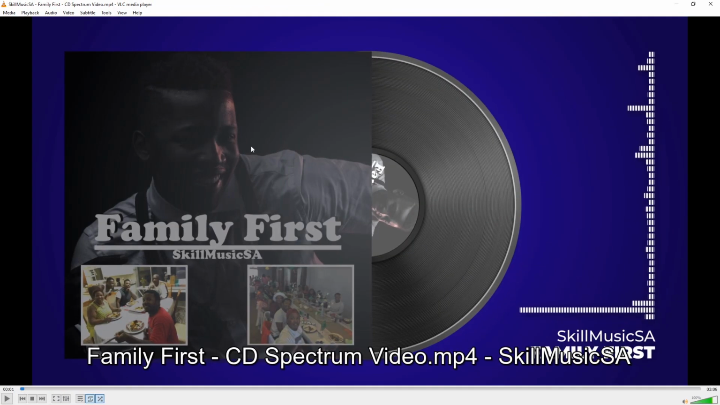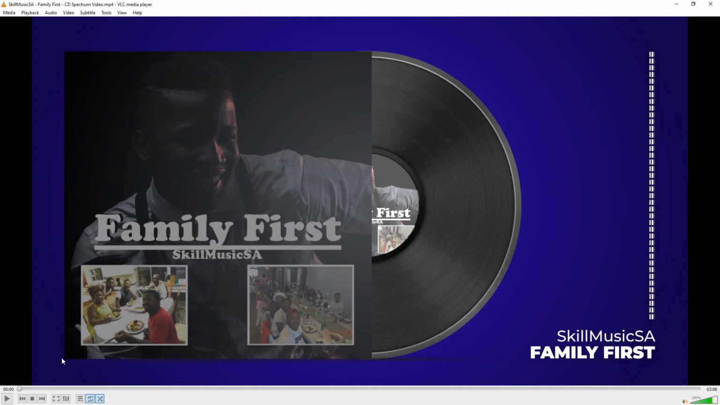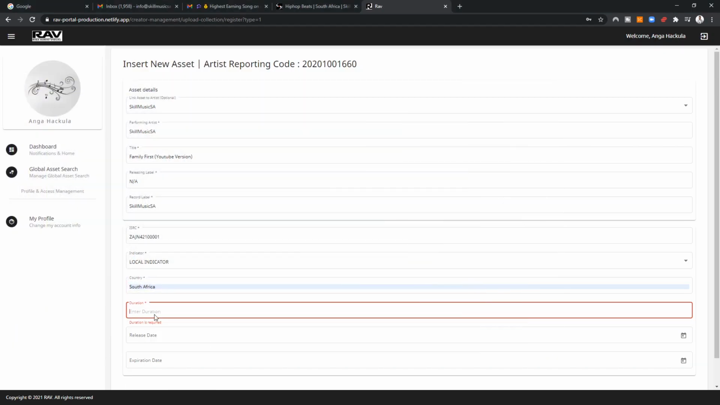So in here for Family First, this is just a demonstration. You can check at VLC the time. So that's obviously 3 minutes and 6 seconds. So I'm going to put that in: 3 minutes, 6 seconds. It's a pity they actually don't tell you what format it is in. So I'm just going to put in 00 for the hours, minutes,